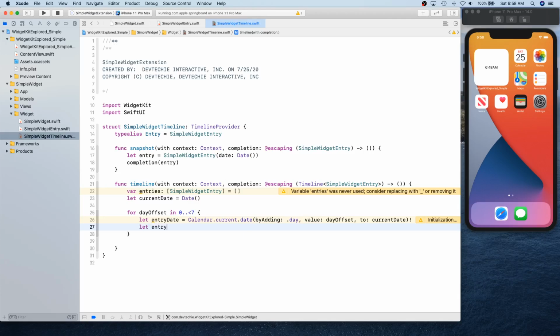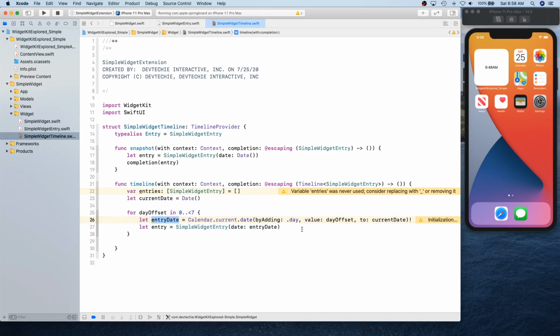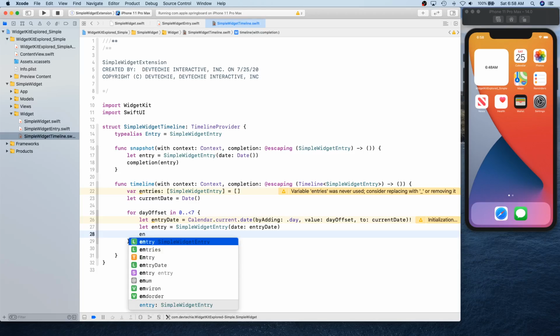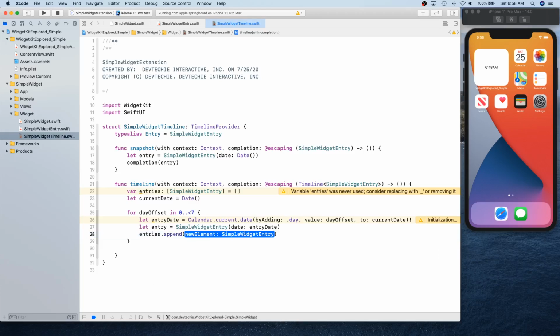Then we're gonna create our entry, and entry is gonna be of type simple widget entry once again. This takes date, and we're gonna provide the entry date that we just created right here. So that is our entry that is created. Now we're gonna append this to our entries. So entries.append(entry), like that.